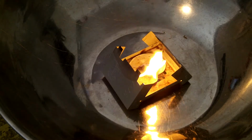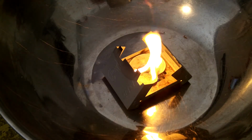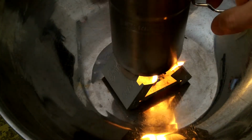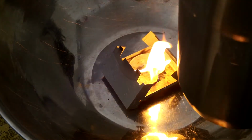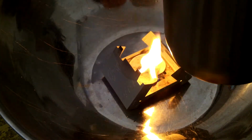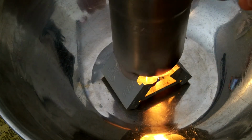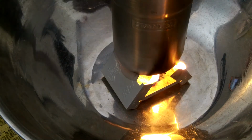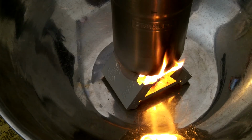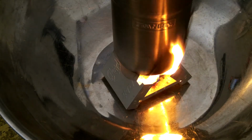It's 2 minutes and 42 seconds. What I did was I went inside and went in my kit and got an Esbit stove, and I put the wax coated cotton on an Esbit stove, and I'm gonna put my Stanley cook cup on there. Looks like there's at least 8 or 10 ounces of water in that cup. I just wanted to see if I could heat up this water. It's already burning 3 minutes 10 seconds, and so rather than let it just burn, I figured I'd let it